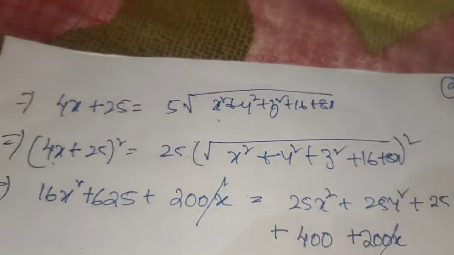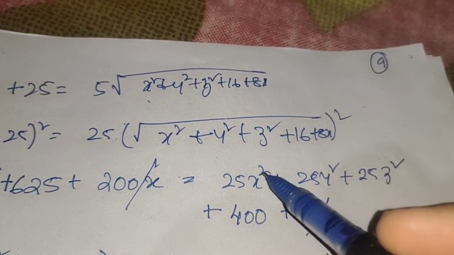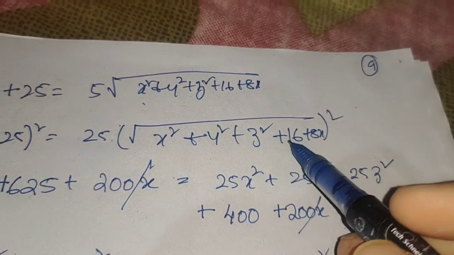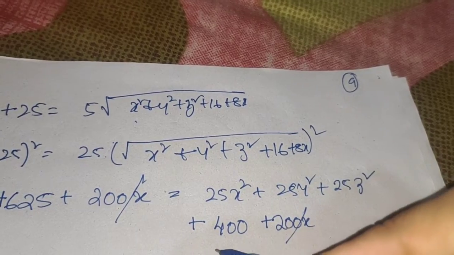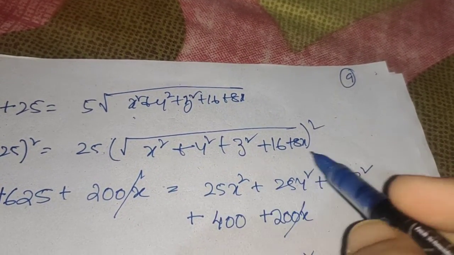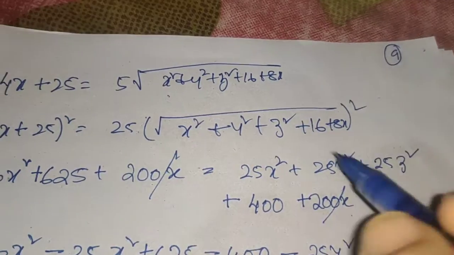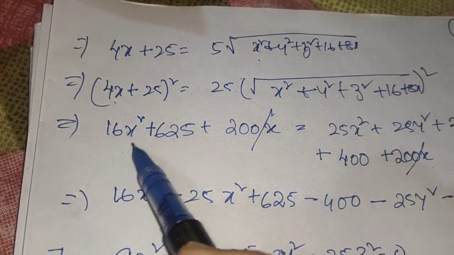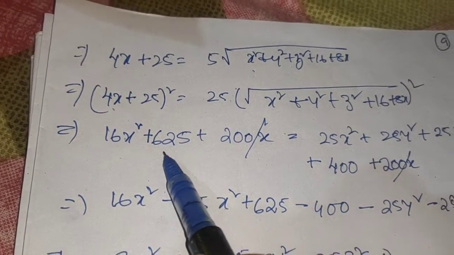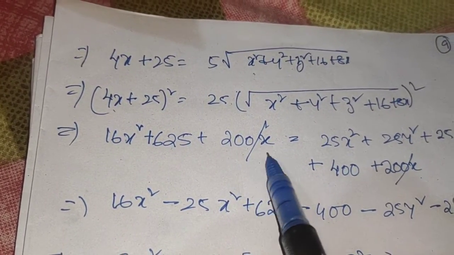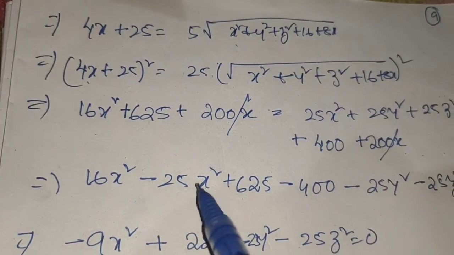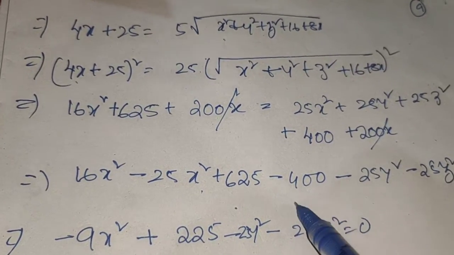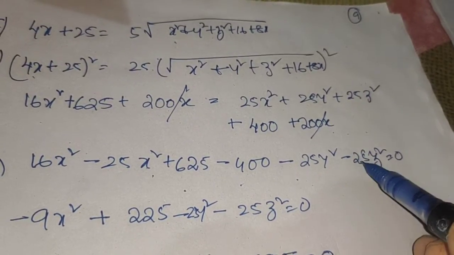So 5 square means 25, then root over this one is 25 into X square plus 25 into Y square plus 25 into Z square plus 25 into 16 means 400, and 8 into 25 is 200X, and on the left hand side it is 16X square plus 25 whole square means 625 plus 200X. So 200X cancels, 16X square minus 25X square plus 625 minus 400 minus 25Y square minus 25Z